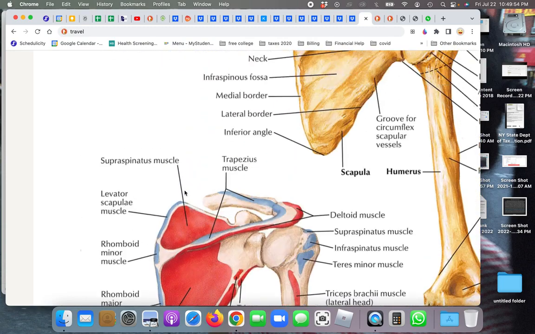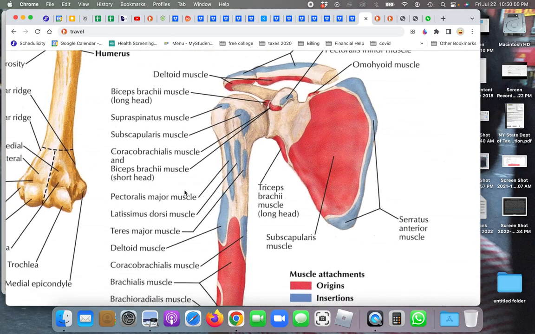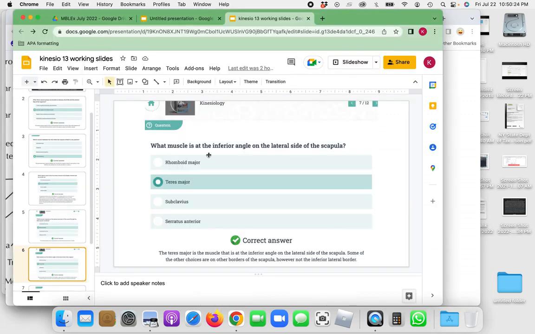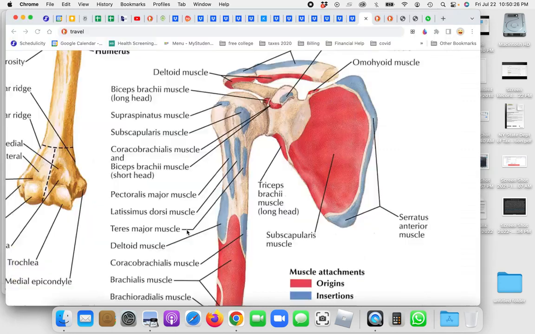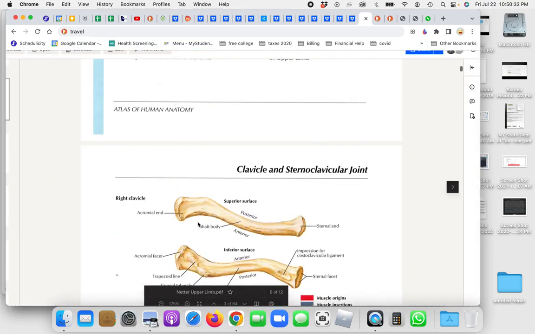The reason that it cannot be the serratus anterior is because if we look at the shoulder blade and arm from the front, so we're looking through the chest wall to the front of the shoulder blade, here's the front of the shoulder, front of the arm bone. The serratus anterior does attach to the inferior angle, but it goes up the medial side, not the lateral side, and it goes all the way up to the superior angle. And then the subclavius muscle, it cannot be the subclavius muscle because